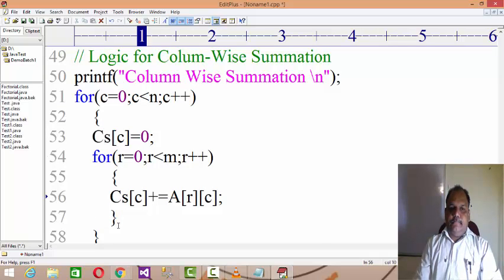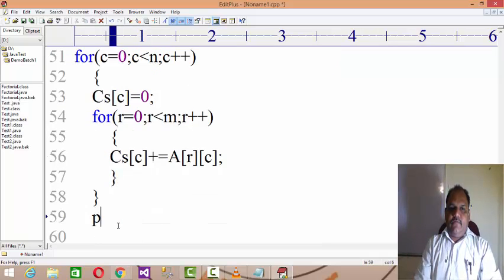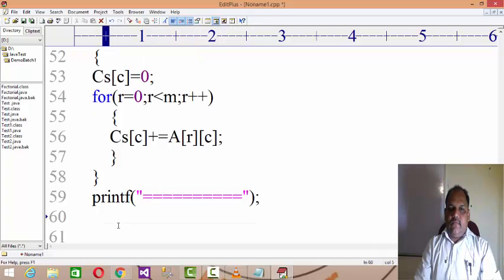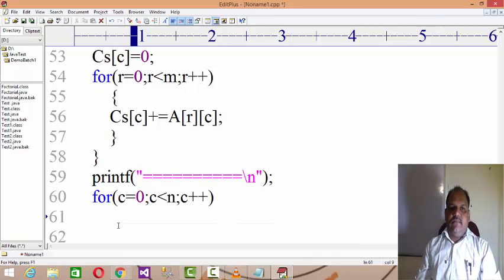After that, you write printf to print a line like this, and after that for column equals to 0, column less than n, column plus plus, because the limit of CS is the number of columns.